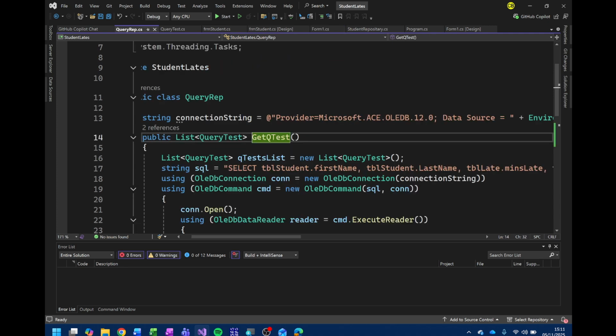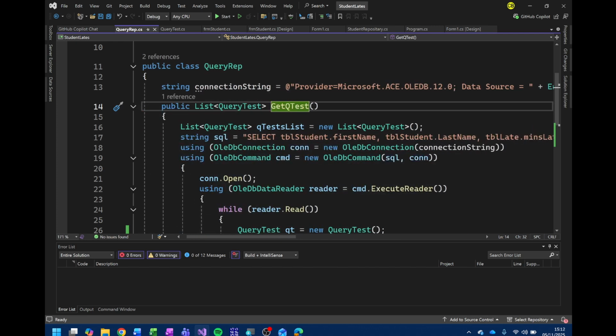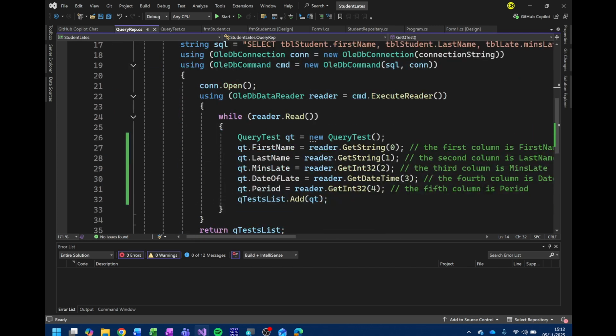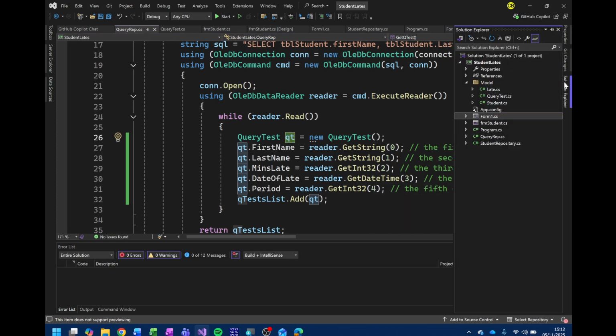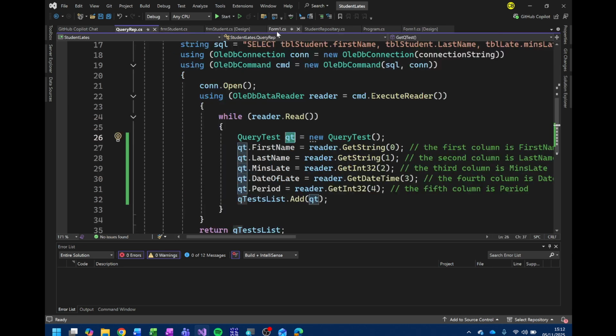There we go, and you can see there's the SQL. It's got an inner join, so it's getting from the late hand students and then it's filling them up. It's creating an object Qt of query test. Those are the fields in query test, and then it adds it to my list. Query test is just this class here that contains fields. Right, so what we want to do now is, on form 1, create a